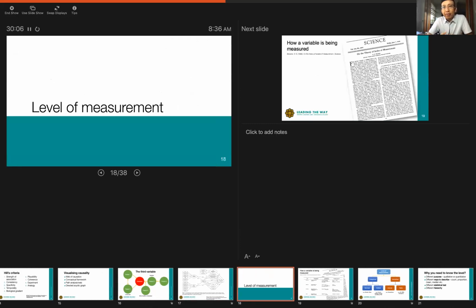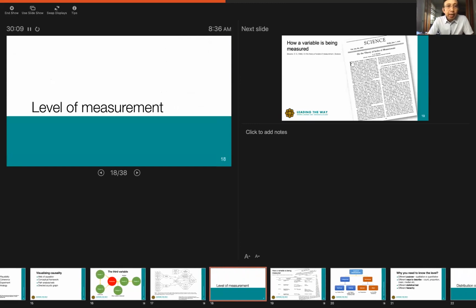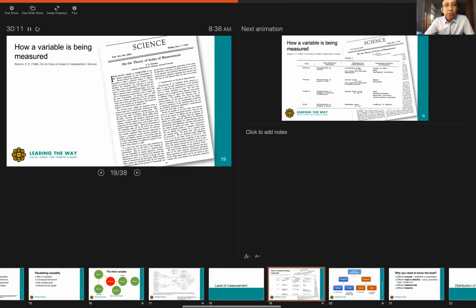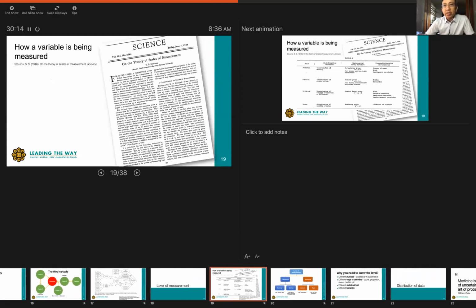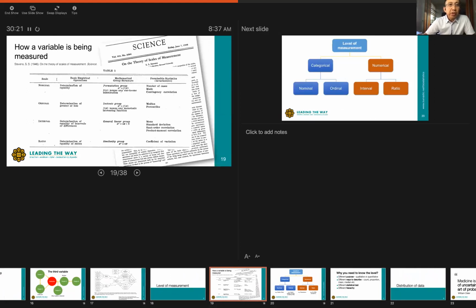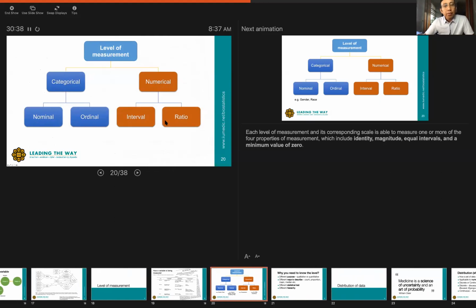Number 3, level of measurement. This one is the easy part. You have seen this. Knowledge about scale measurement has been taught since 1946. You have heard about data being nominal, ordinal, interval, and ratio. I just want to show you this slide, nothing more than a simple fact that this is very dated knowledge. So what I want you to understand is that for every variable that you measure,